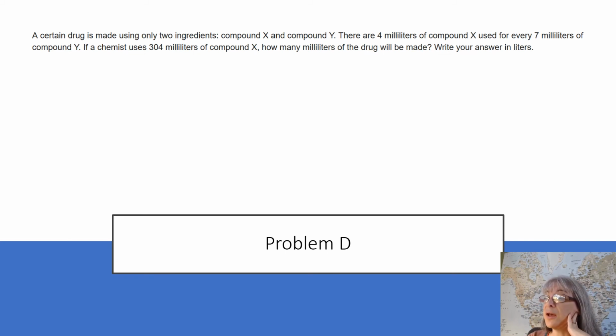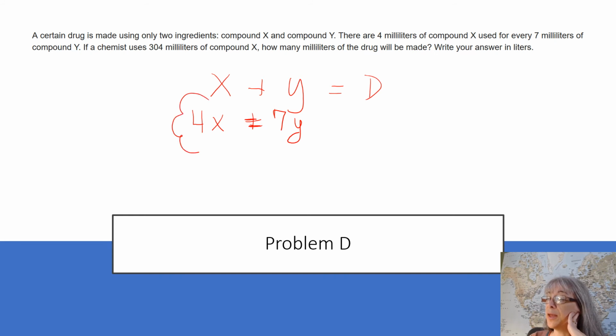So if I have X and I have Y, and I can make a drug, D, okay? If there are 4 milliliters of X for every 7 milliliters of Y, okay? So I have this relationship now that they've given me. For every 4 of X, I have 7 of Y. So I have this ratio that exists for them. So if I use 304 milliliters of X,